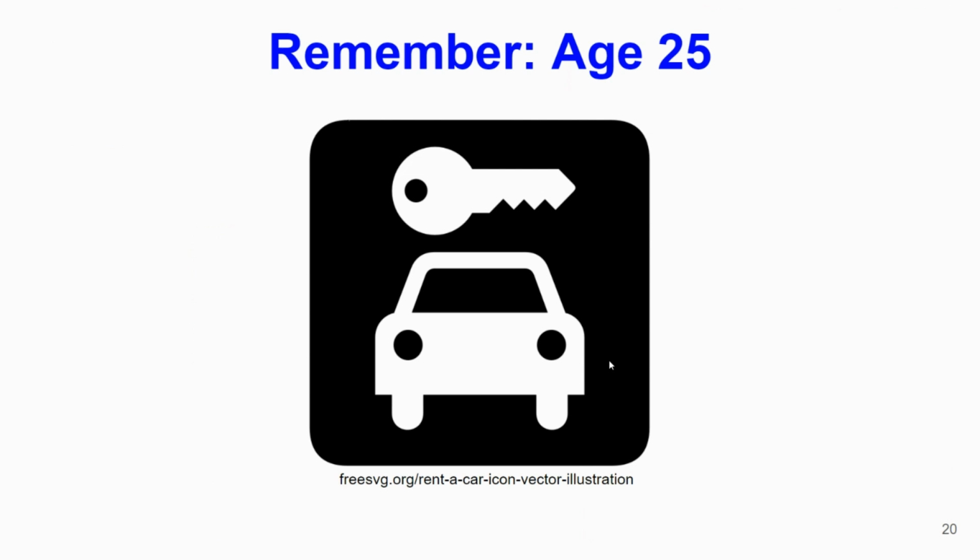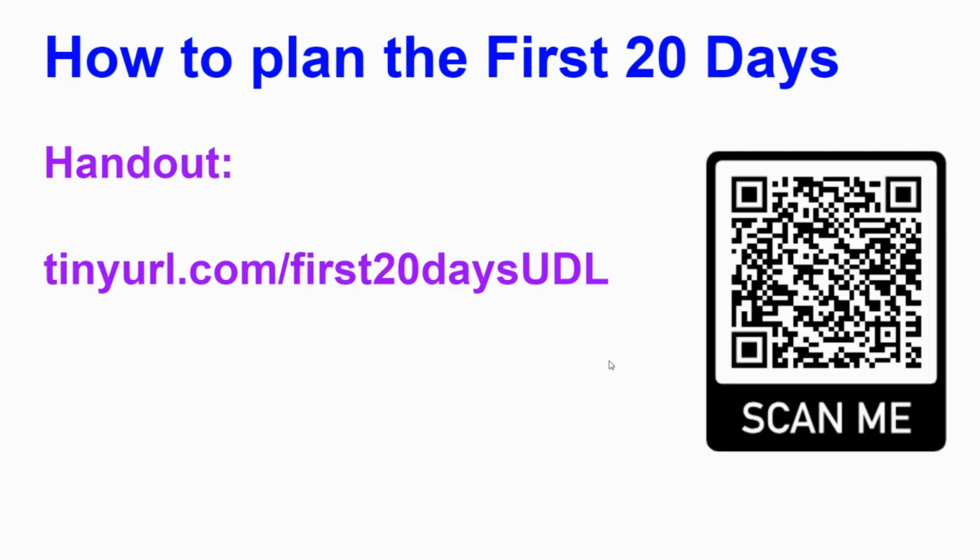It's not till age 25 that the commercial rental car companies trust that people can do things consistently. As middle grades educators, our students are very inconsistent. They might be able to do something at 9 in the morning that they can't do at 1 in the afternoon. And we know that, and it's normal and it's fine. But we have to make sure we have a set of scaffolds that gets them through it.